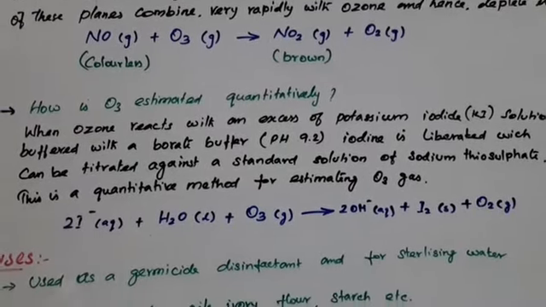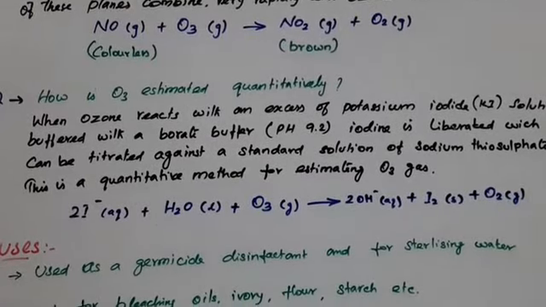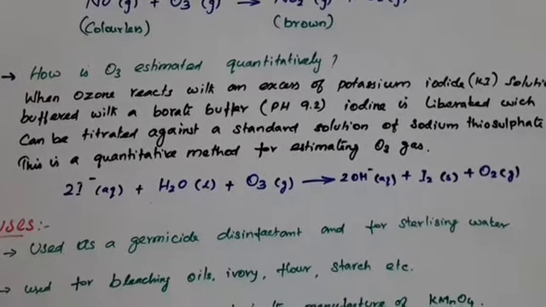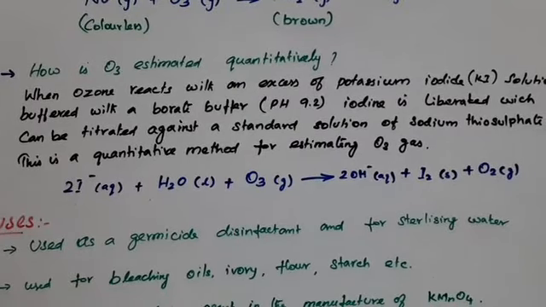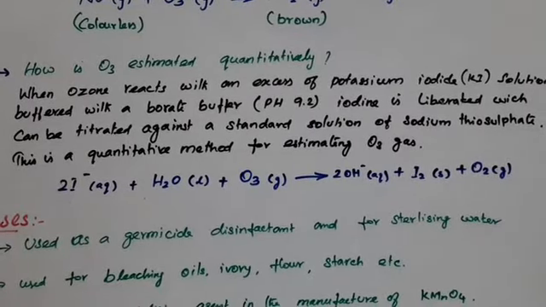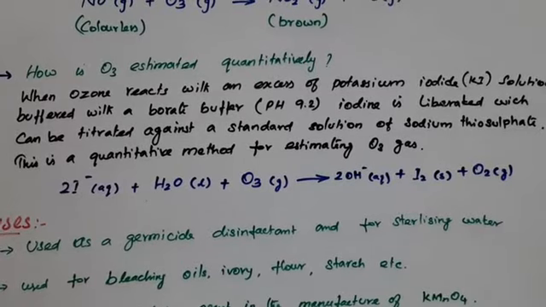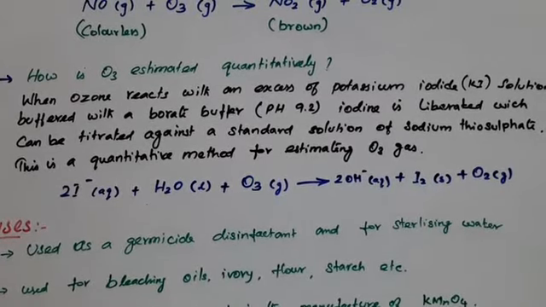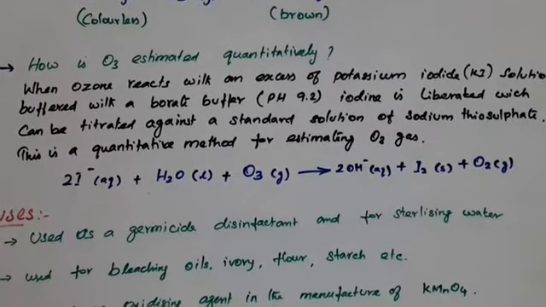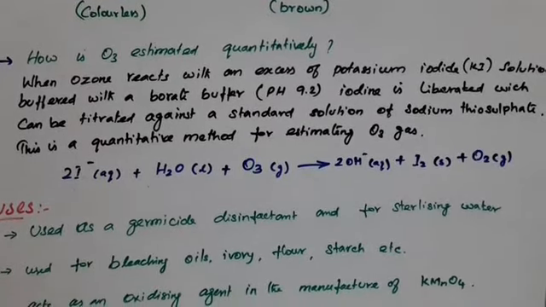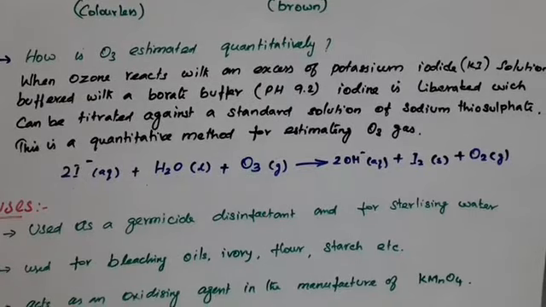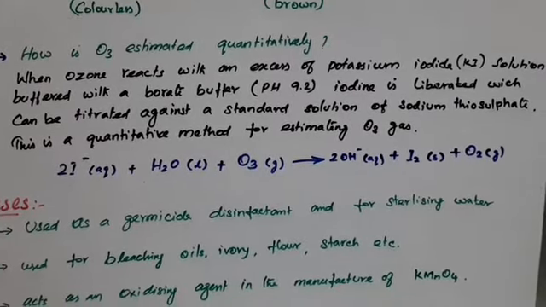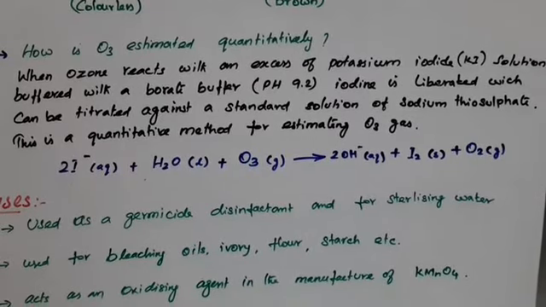Okay, right. So overall, another question is possible: how O2 is paramagnetic and O3 is diamagnetic. According to your MO concept, O2 has an even electron configuration, and we just completed studying that. Two unpaired electrons are present, so it is paramagnetic. But O3, according to MO theory, is diamagnetic. This is one question.